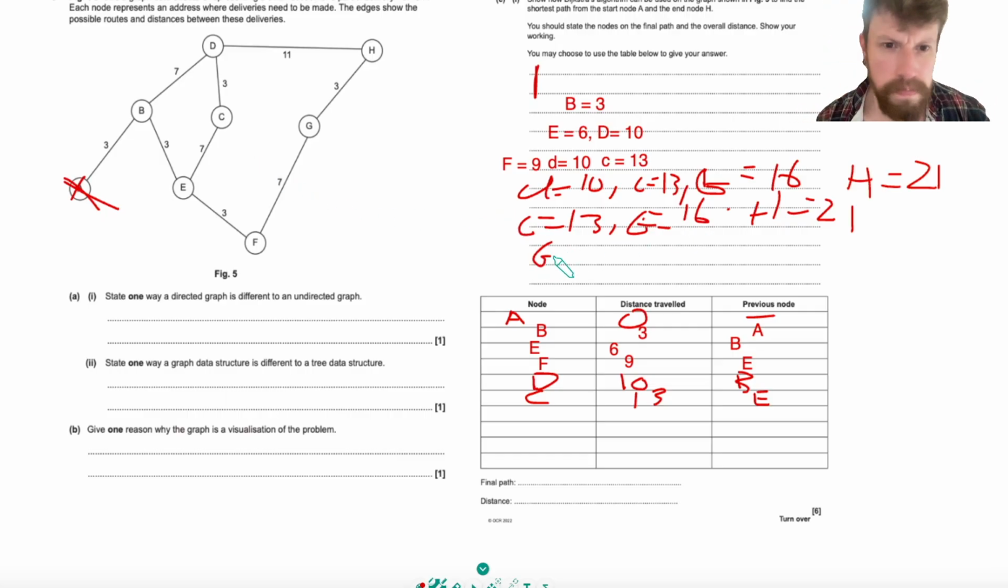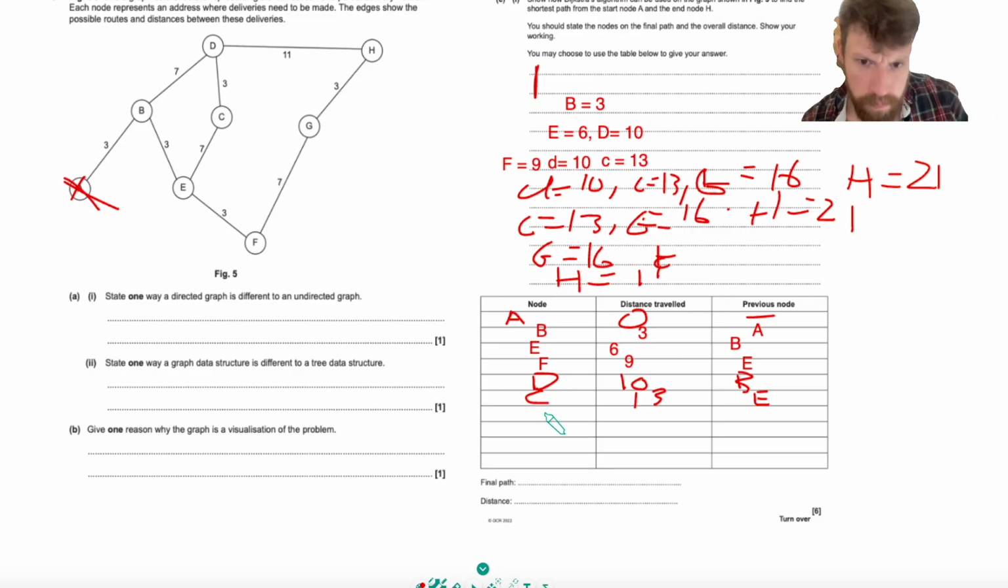So G in there is going to be equal to, obviously, 16. We're not going to replace anything, but you can see 3 plus 3 plus 3 plus 7, 16, add the 3, that's actually going to be better, isn't it? So when we go there, H is actually going to be equal to 19. So what we've got here